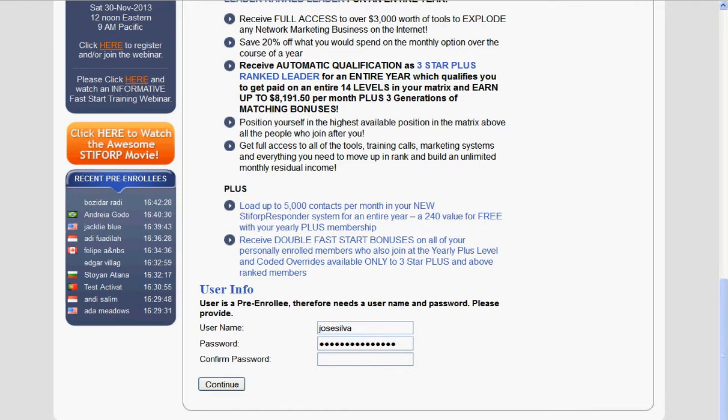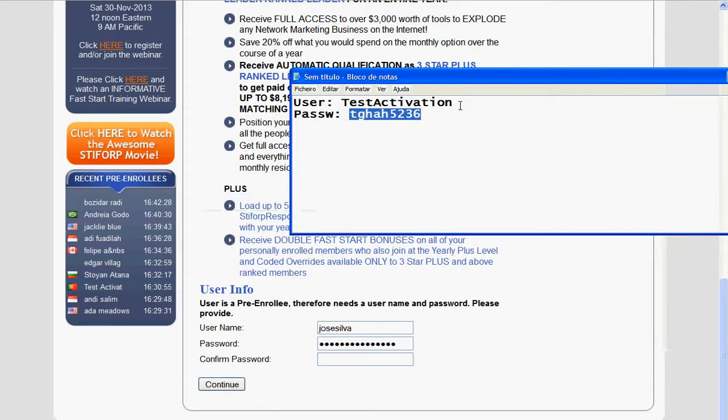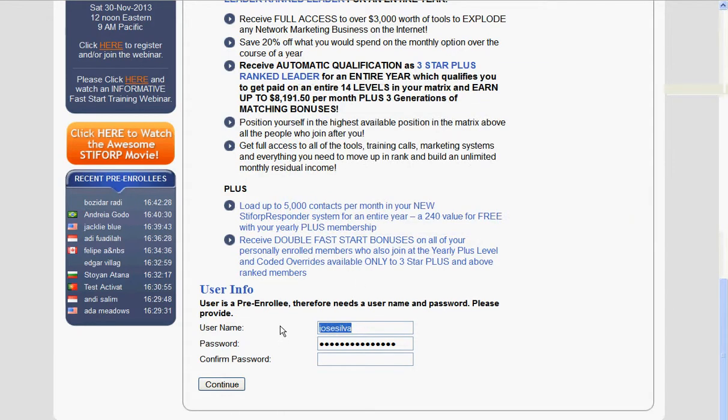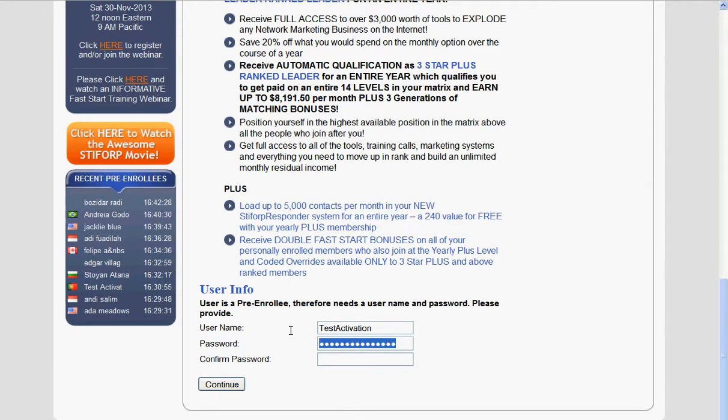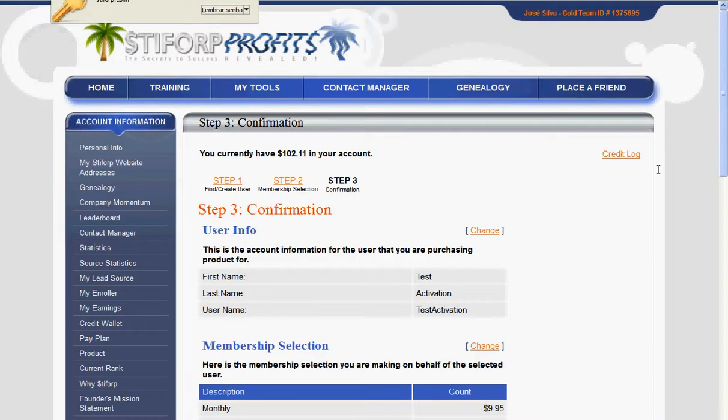I already set up a password for this demonstration. Let's put one username here, also a password, the confirmation, and continue.